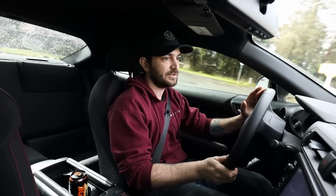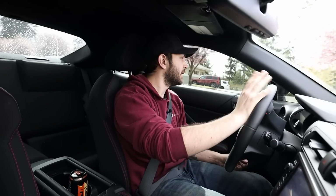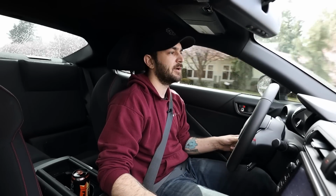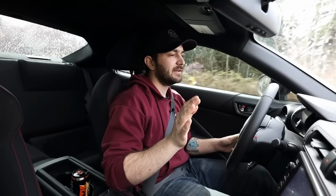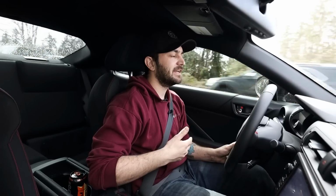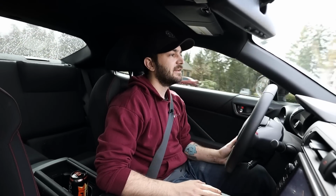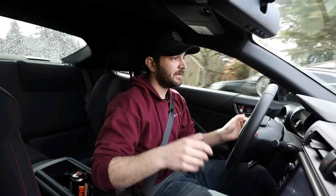I'm trying to take some of these corners nice because this camera mount doesn't really like me. The car handles phenomenally, even on bags. A lot of people say bags ruin how a car feels. Totally disagree if you set them up properly. I don't have my car cambered the hell out or anything like that. It's just on bags so I can air it out when I want to. It looks good, it looks cool. The bags feel fantastic. Side note, if you're considering air ride, as long as it's set up right,